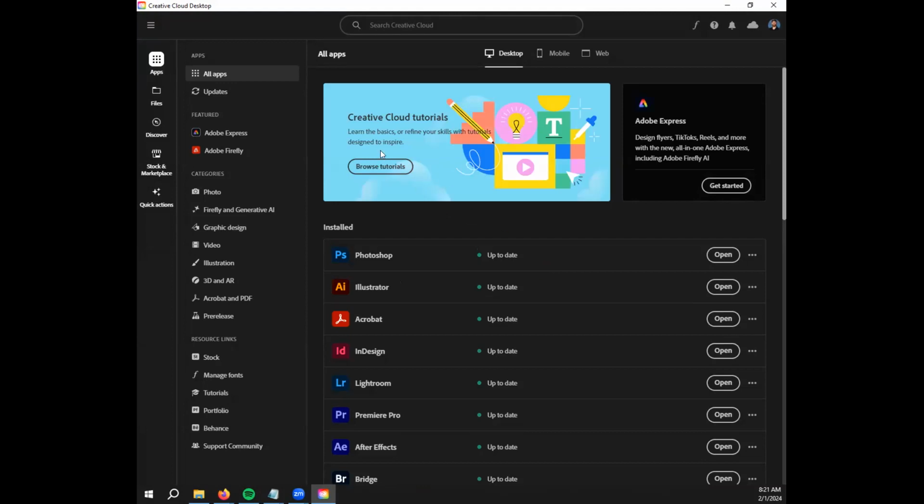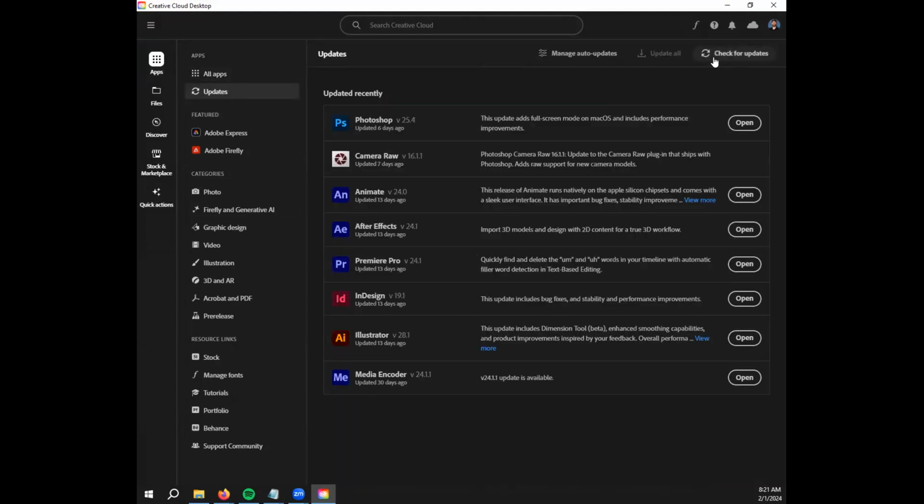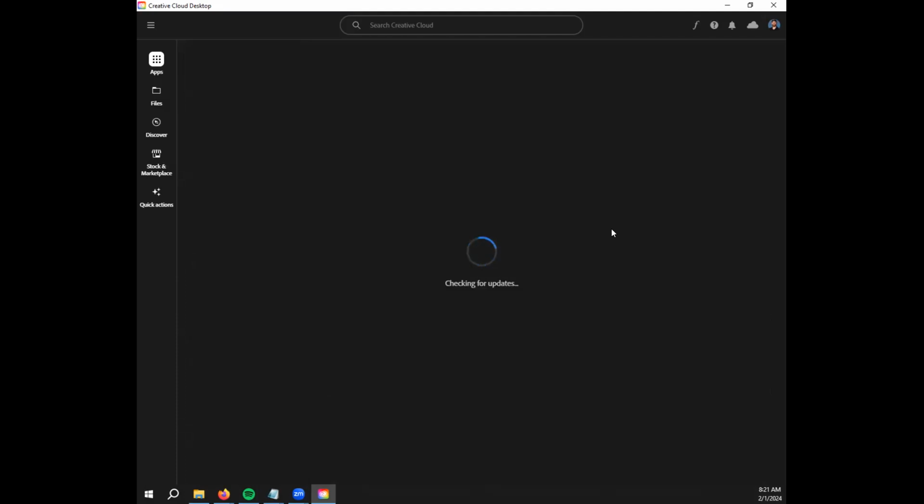But if yours is not up to date, there's a thing right here in the top left corner. You're not going to believe this, but it's called Updates. Then you can click this little spin, refresh sort of icon in the top right. That will make your Creative Cloud check for any updates that need to happen. Since we're all going to be doing this suddenly, Creative Cloud is going to have 30 new requests for updates. It might take a little bit of time for these updates to actually apply. So we're just going to wait until they finish up. In the meantime, we'll just chill. Once they finish,